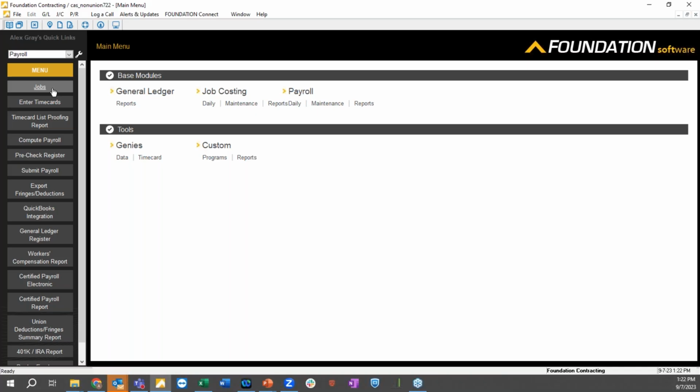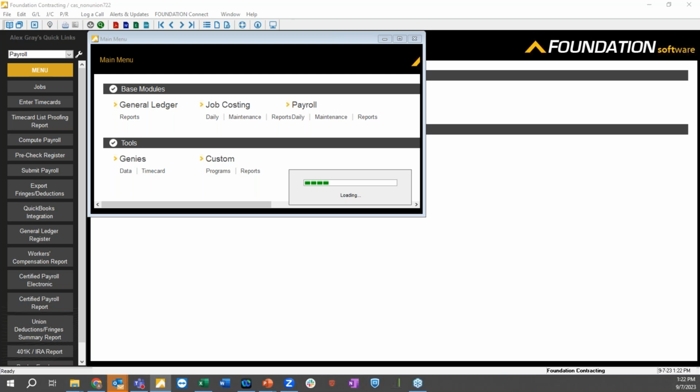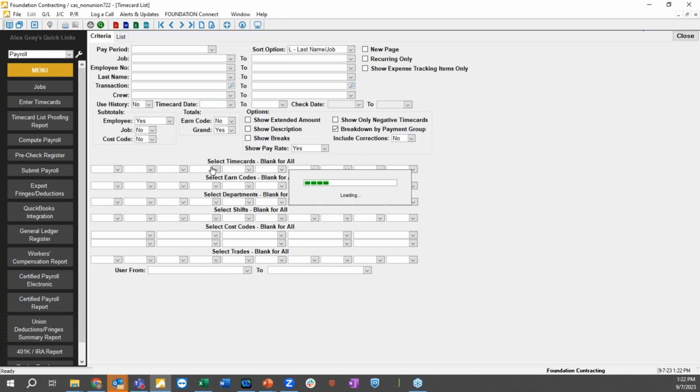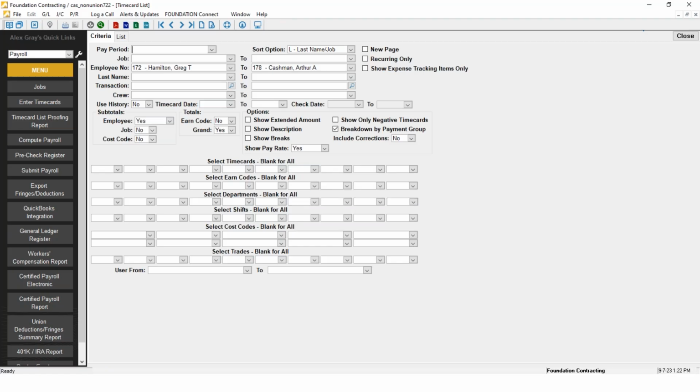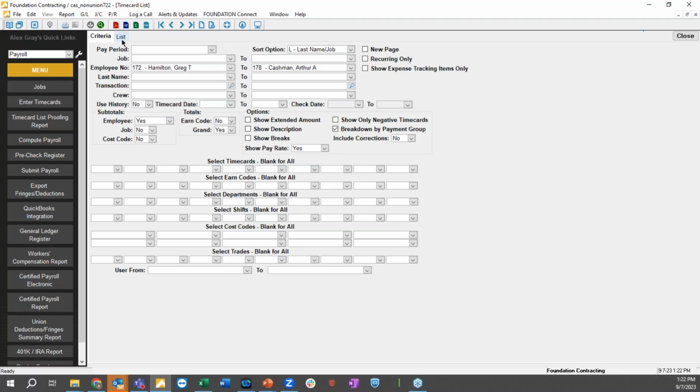Then once the jobs are set up, we're ready to start bringing time into the system. So again, no matter if you're manually entering time or we're looking at streamlining the payroll process, we can import or sync those hours over from our mobile application, or import them in from another mobile provider out there, bringing those hours into the system. Then we'll have a number of proofing reports and pre-check registers to review where the hours and calculations stand before payroll's ever been touched for payroll processing.